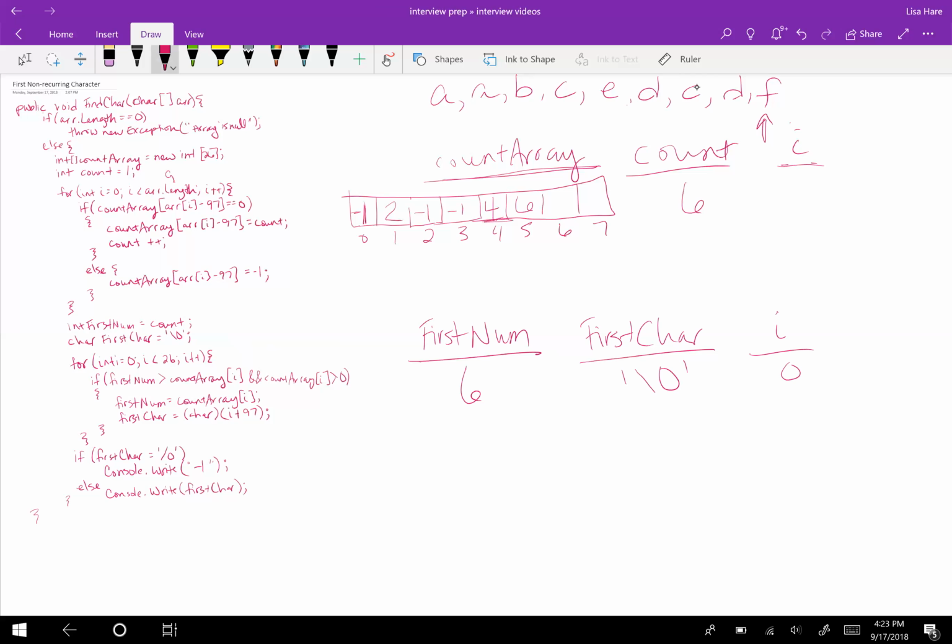And then i++, and we go again. If first num is greater than count array at i, 2, okay, and first num is greater than 2, so first num equals count array at i, which is 2, and then first char equals i plus 97, so 1 plus 97 is 98, a char, so we know that that's a B, and then i++, i is now 2,